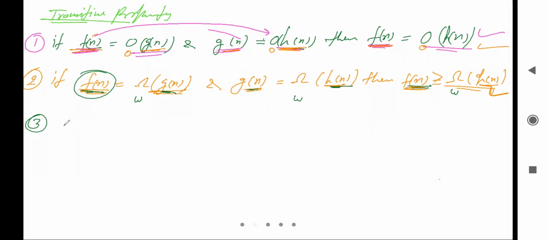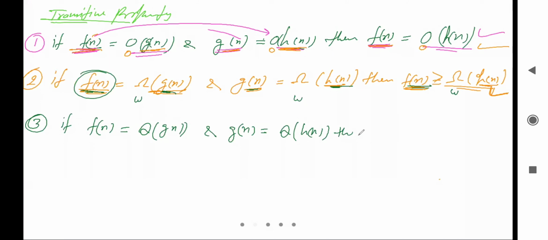If f of n equals theta of g of n, and g of n equals theta of h of n, then f of n equals theta of h of n, राइट, एफ ऑफ एन इक्वल टू थीटा ऑफ एच ऑफ एन, ये वाली प्रॉपर्टी ये होल्ड करेगा, राइट।